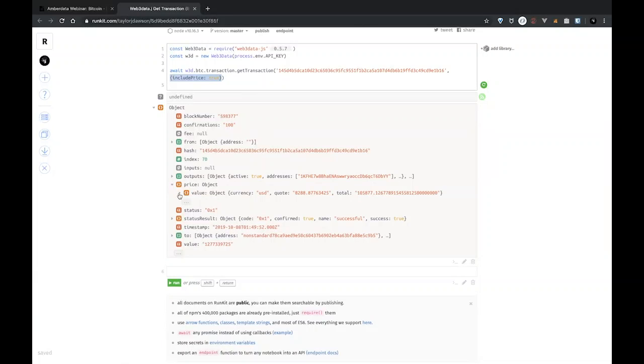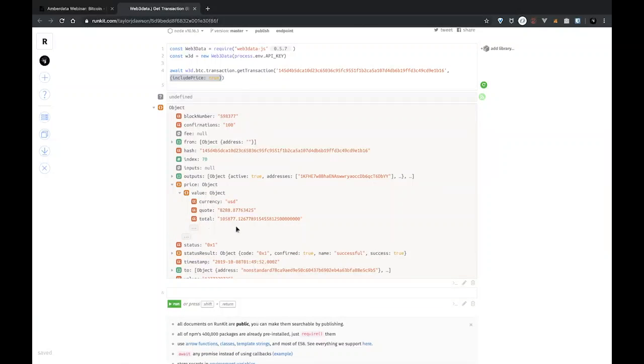And so this pricing object is going to show us the value of this transaction in USD based on this quote price at the time of the transaction. So looking at this timestamp, it looks like it was today. And so this took place, and it looks like we transferred over $100,000 in this transaction. So it's really cool that we're able to pull that context in and kind of wed the blockchain and market